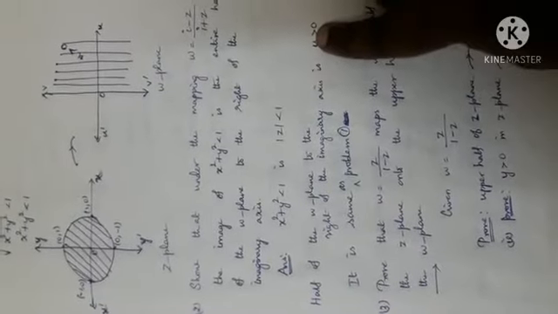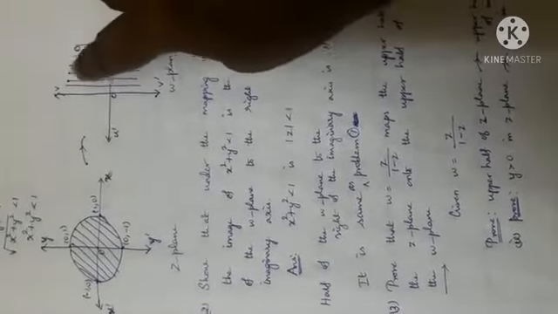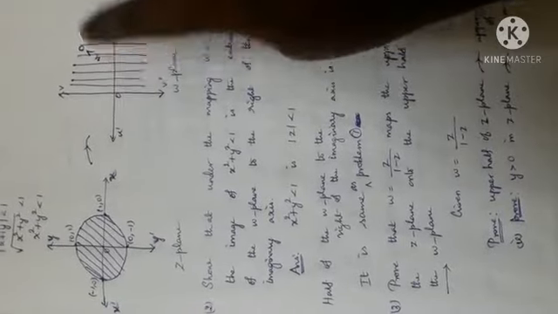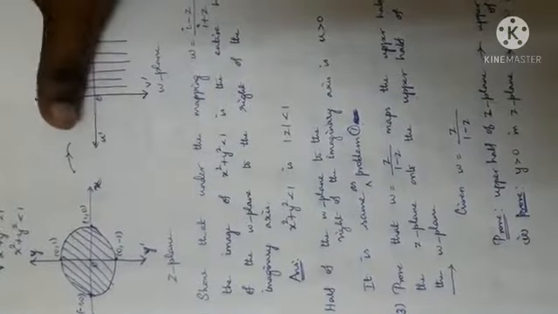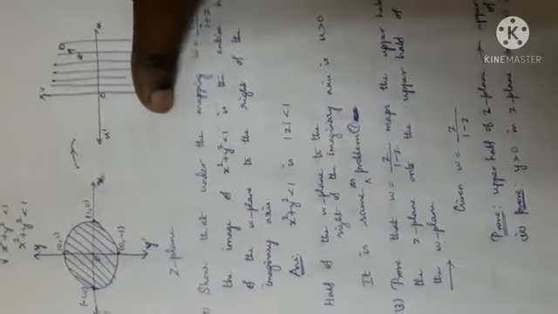So the right of the imaginary axis, this is the imaginary axis, the v axis. The right of the imaginary axis is this one, right? The hint I have given: the right of the imaginary axis is u greater than 0. If this side is u less than 0, if the upper half, v greater than 0, the lower half, v less than 0. Both sides v will be less than 0, so the equation is v less than 0. Let us see such problems.